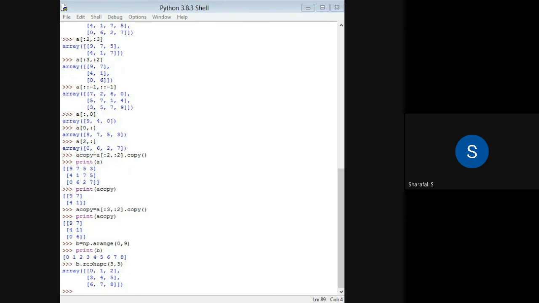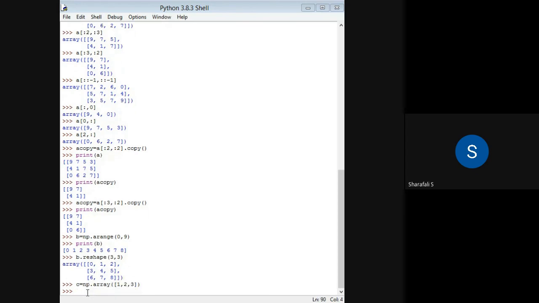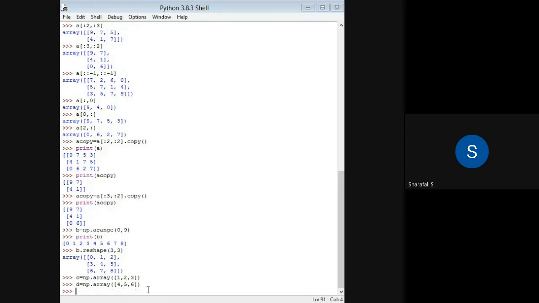Also you can look at array concatenation. Let's say c equal to np.array, and in square brackets I will write 3 and close that. This is my first array. I'm just considering a one-dimensional array, and then b equal to some other array. I will copy this one and just change it to 4 and 5. So these are my arrays c and b. I'm not going to print those arrays.